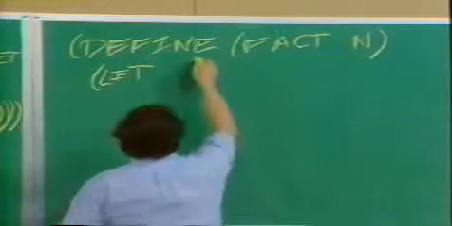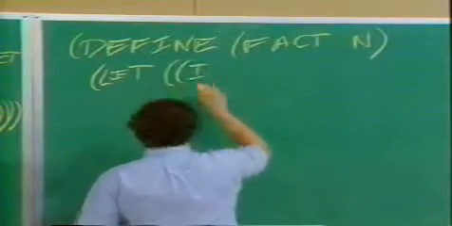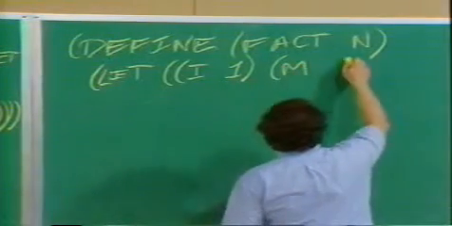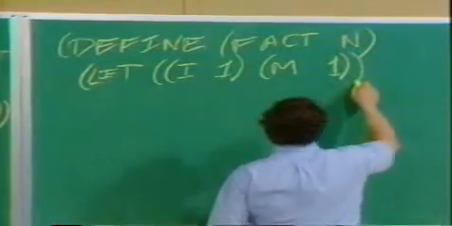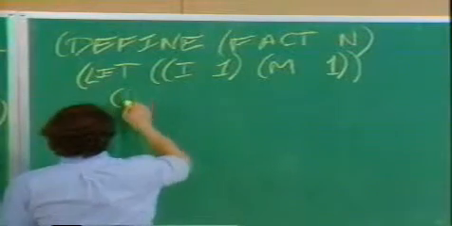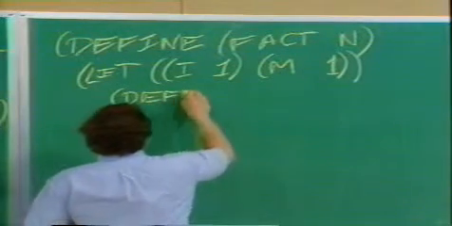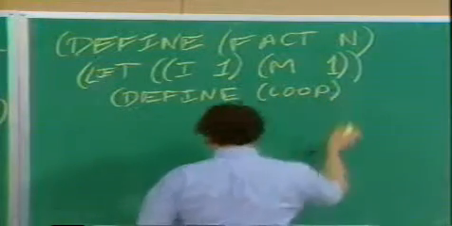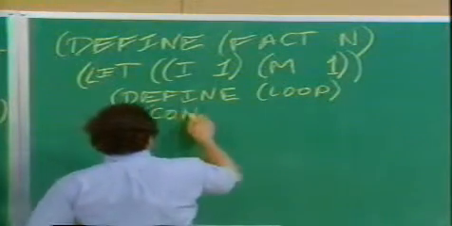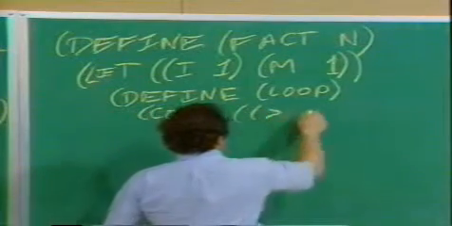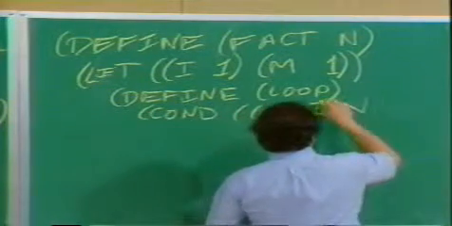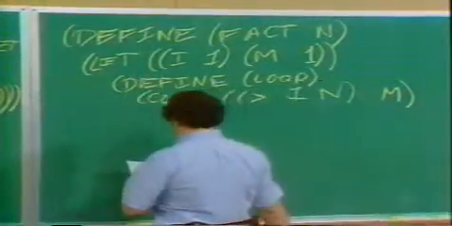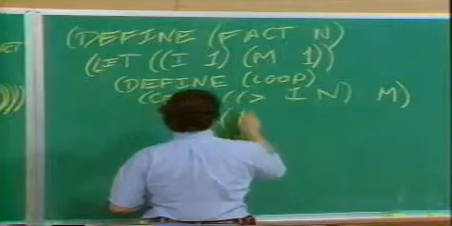Let I initialize itself to 1 and m be initialized to 1, similar. We'll create a loop, which says cond, I greater than n. If I is greater than n, we're done, and the result is m, the product I'm accumulating. Otherwise,